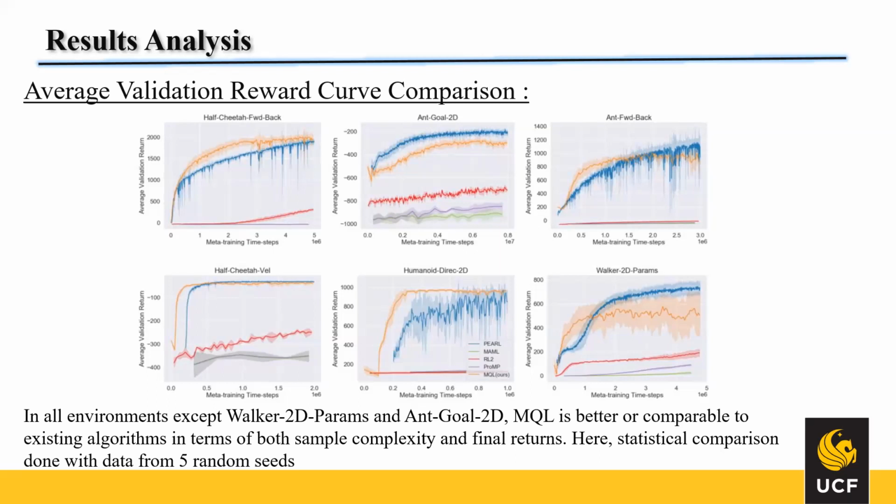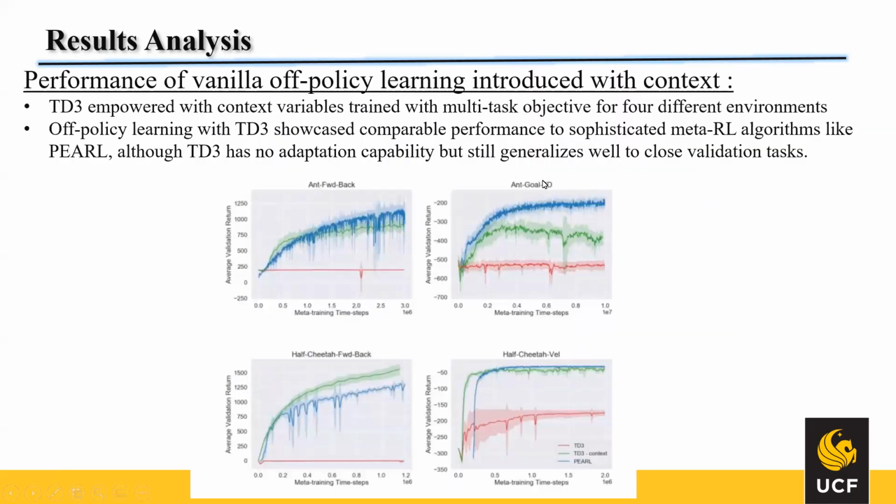However, for 2 particular benchmarks, this end goal 2D and Walker 2D params, the MetaQ learning performs comparatively worse than Pearl. The main reason behind this is that here we are not considering any kind of context. That's why Pearl is performing better than MetaQ learning. So if we go into the next slide, we are going to consider policy learning